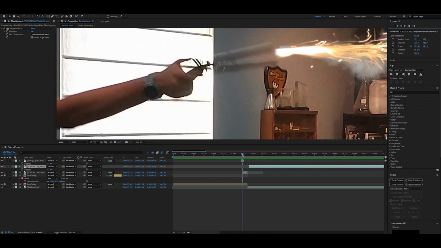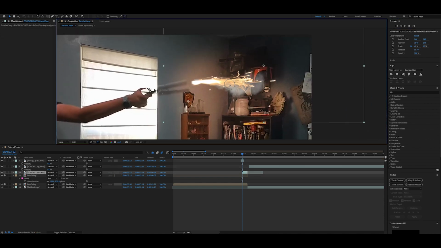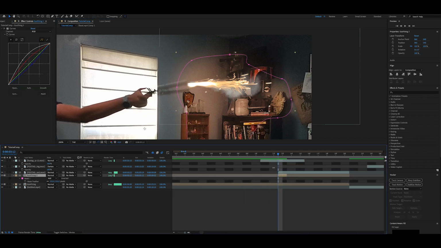And then the muzzle flash. Muzzle flash is from Footage Crate. I will put a link in the description to where you can find it. Basically, all I did for that was line it up, drop it in. It looks pretty great right off the bat. The more important part that I'm going to show you is how to do the glow here, make it look